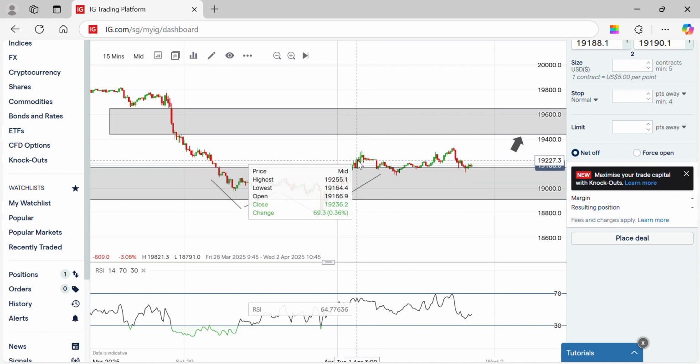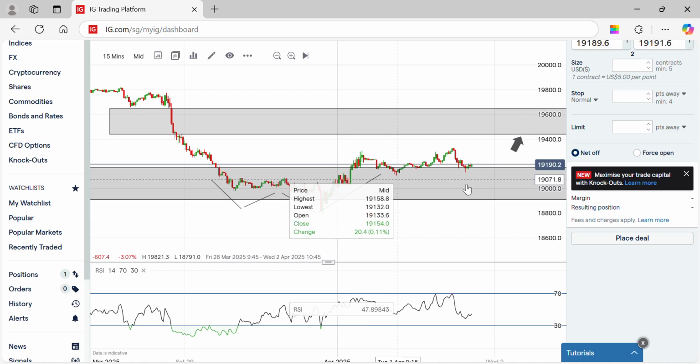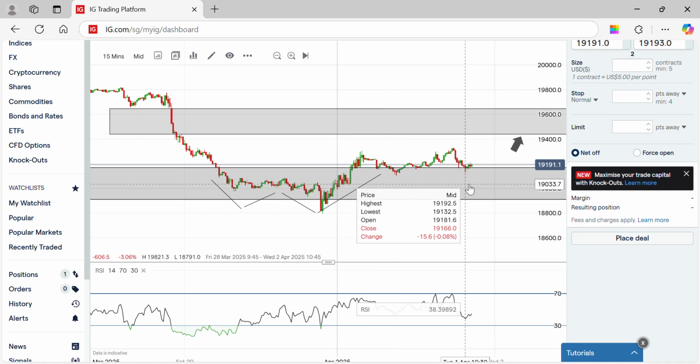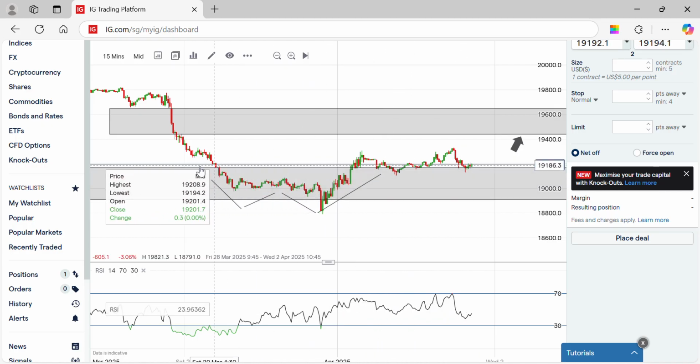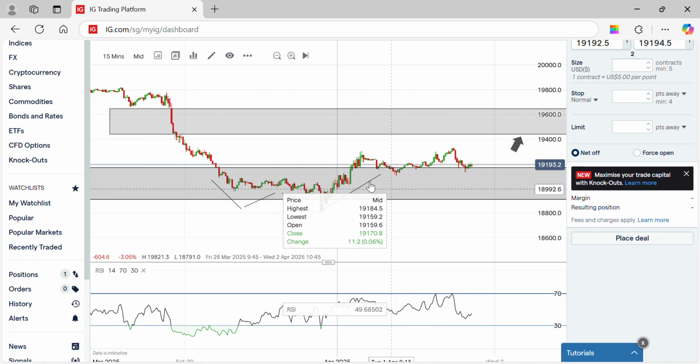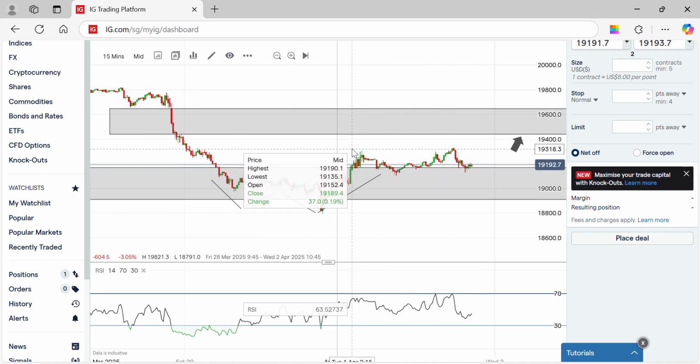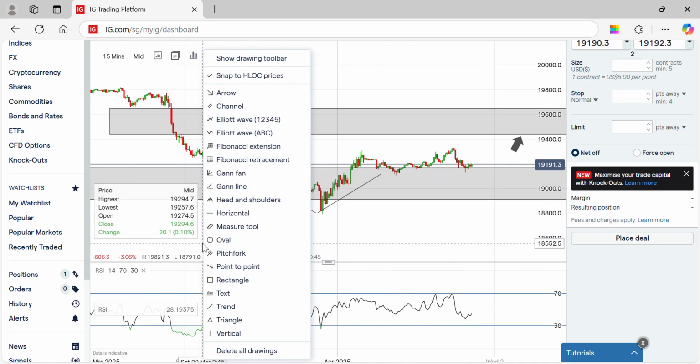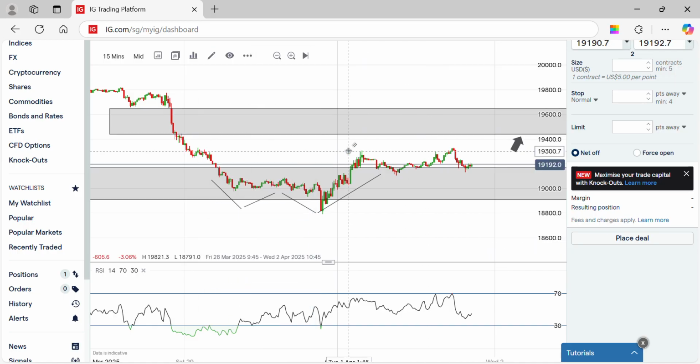So now price is actually consolidating above this area here. So this is very important. Price is actually consolidating above this shaded area, this area of inefficiency over here. Let me actually draw out the channel so you can see clearer, right? So if you look at it,